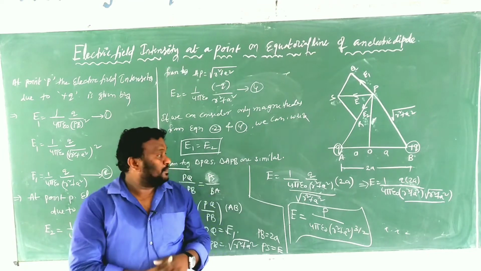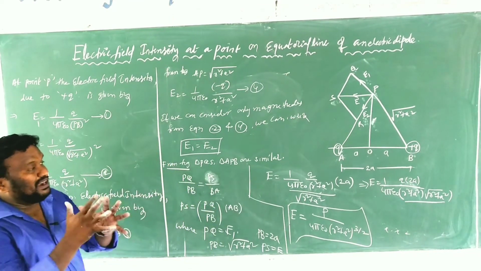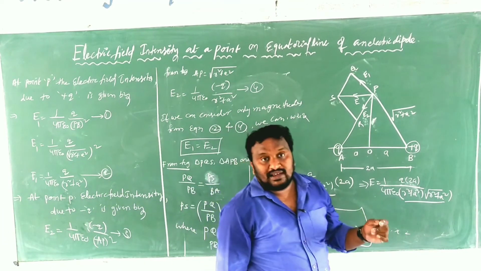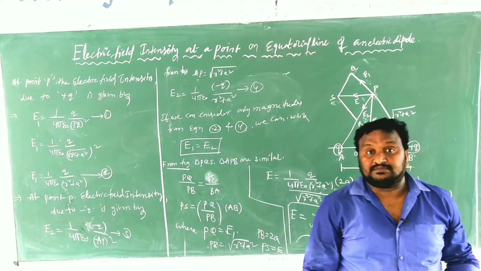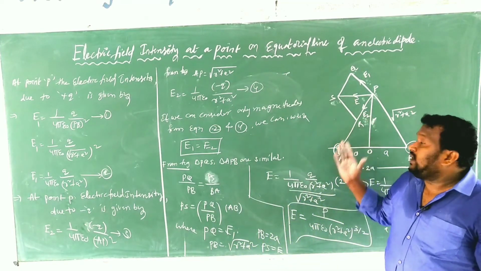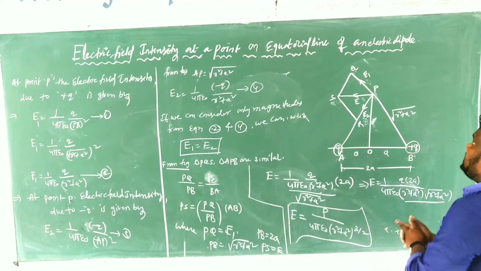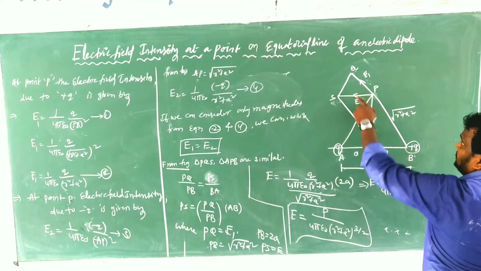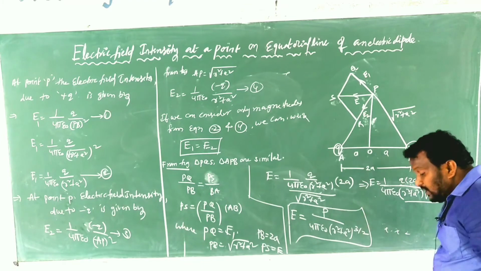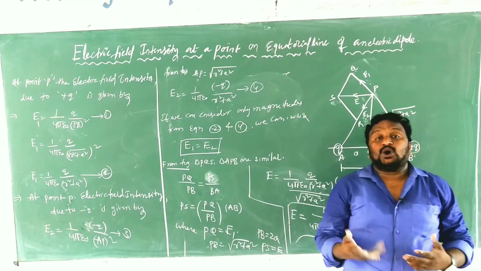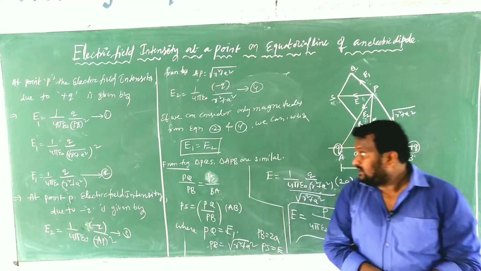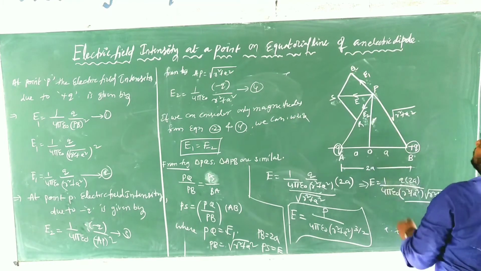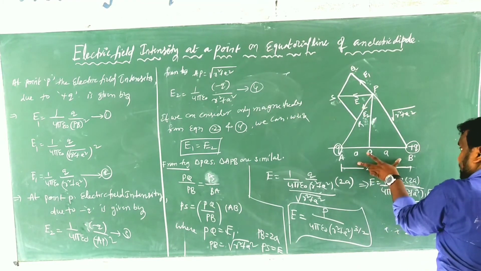So after that, children, now we are coming to the main derivation. To derive the PS value, or E value, we have to go for one assumption. That is, in the figure we have to observe the two similar triangles. First one is PQS and the other is APB. These two are the same. When these two angles are the same, the ratio of the same sides will be equal. That's why we take the first triangle's side PQ by PB, and next, PS by AB.